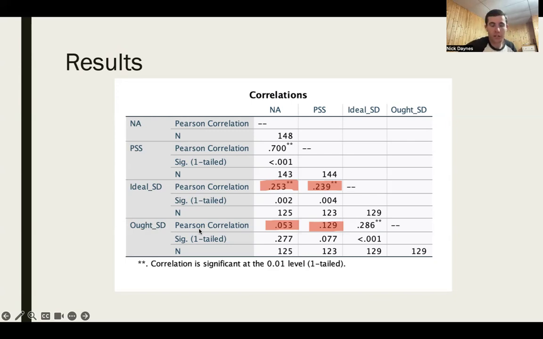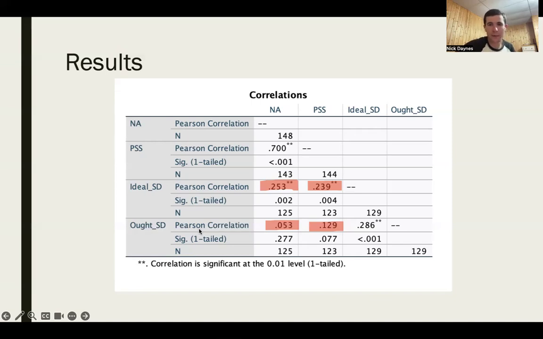And remember that correlations can run all the way up to 1. So a 0 correlation means there's no correlation at all, and a 1 means perfect correlation. It's a perfect line, with no deviance whatsoever. Or deviation, I guess is the word. And then you'll notice for self-discrepancy and the outcomes, it's not significantly correlated. They're small correlations,